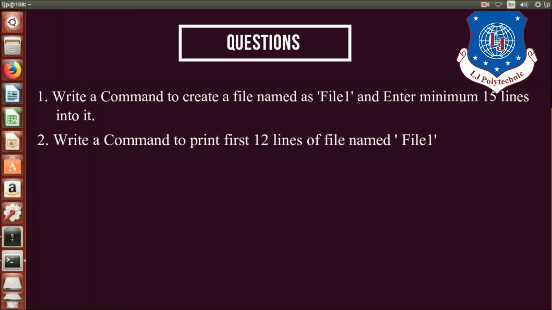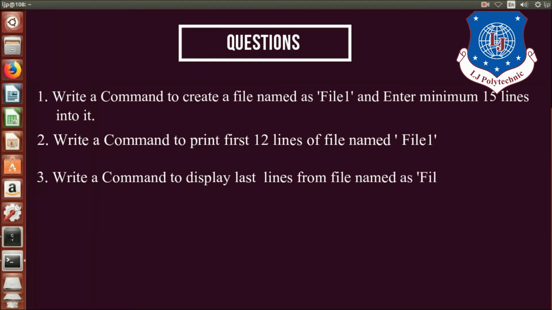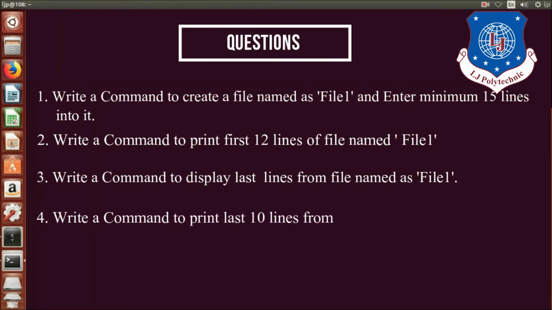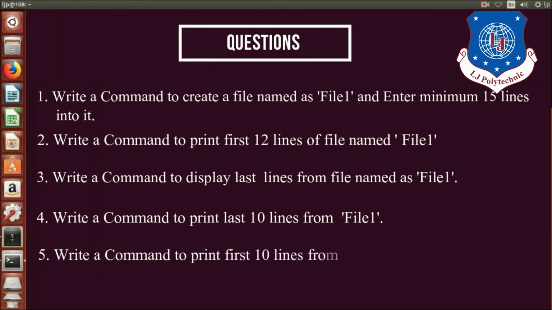Next question is, write a command to display last lines from the file named as file1. Fourth question is, write a command to print last 10 lines from file named as file1. And the last question is, write a command to print first 10 lines from file named as file1.